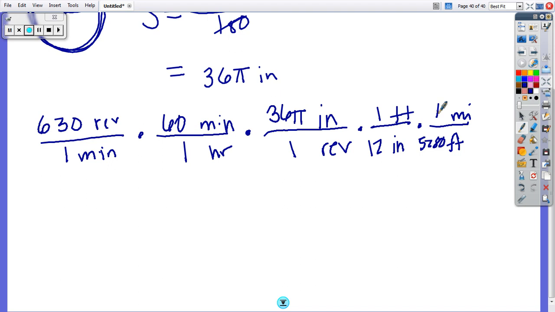And if I went through and crossed out my units, I'm going to change colors for this. Minutes, minutes, revolutions, revolutions, inches, inches, feet, feet. I'm left with miles per hour. So now I can multiply across the top, divide by multiplying across the bottom. I end up getting something like